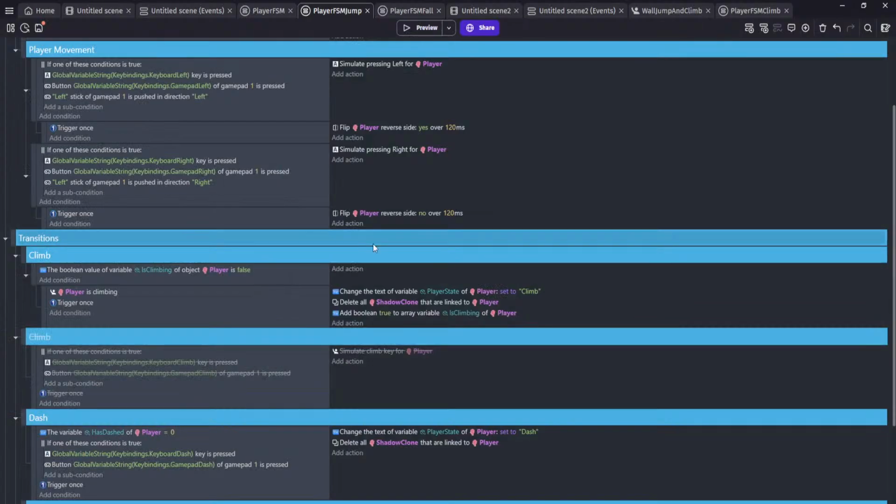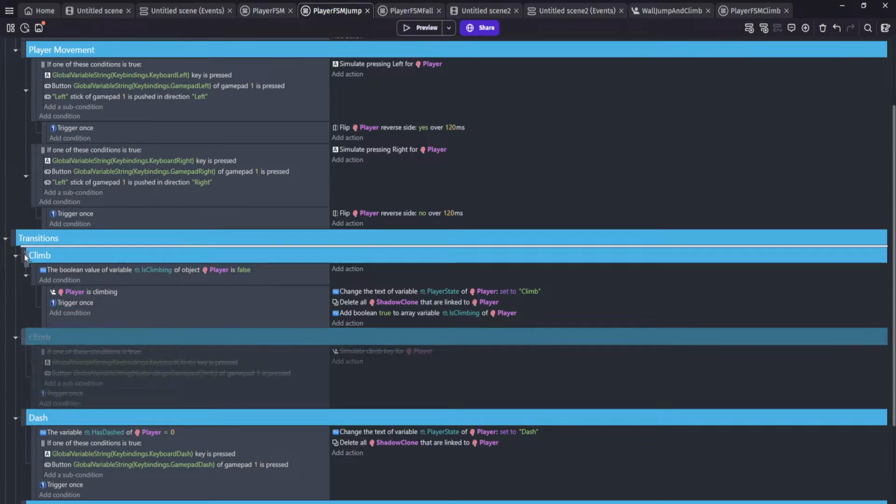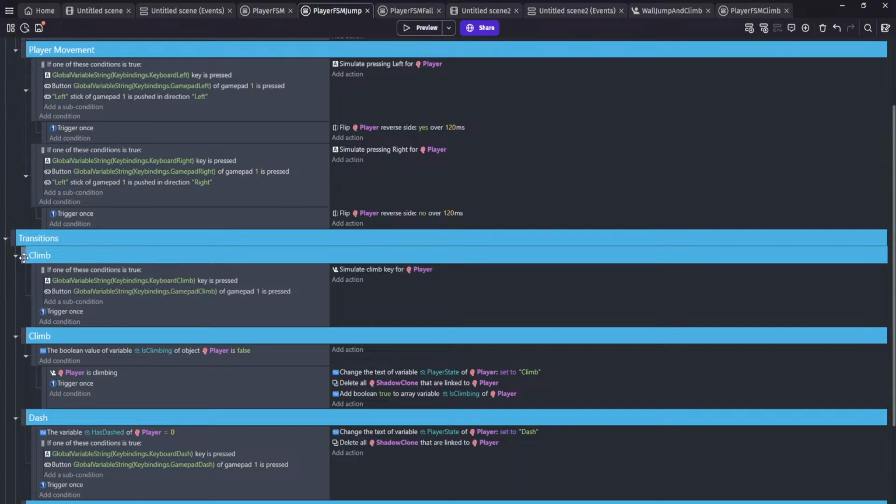And in this case, we're just going to say if is climbing is false and the player is climbing, which does require this one. But the problem with that is it only checks